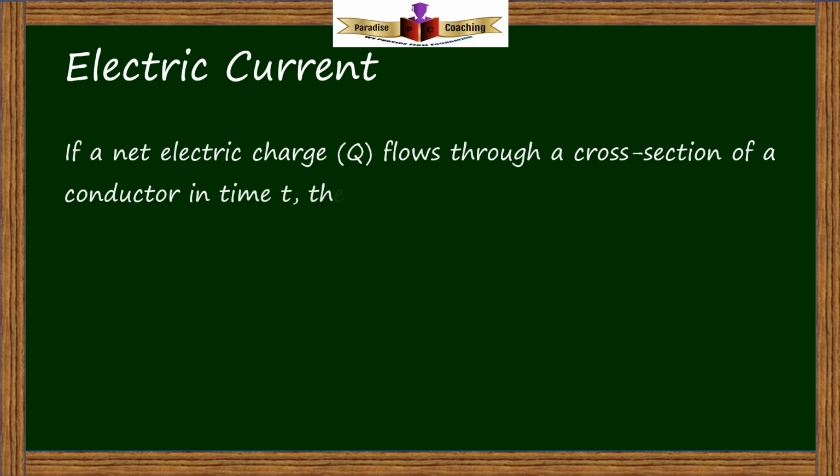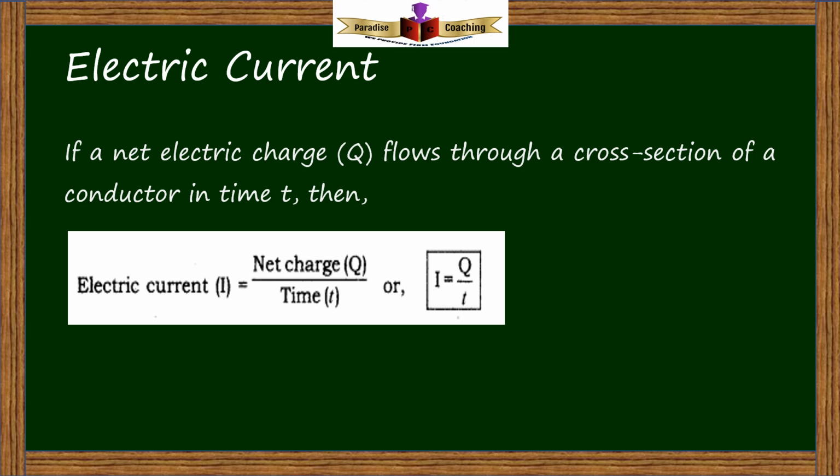As you can see on the screen, if a net electric charge q flows through a cross section of a conductor in time t, we say current is flowing through the conductor. And mathematically, current is defined as a ratio of the charge upon time,